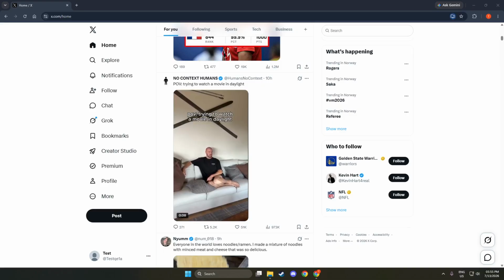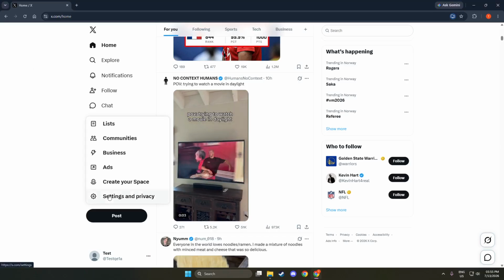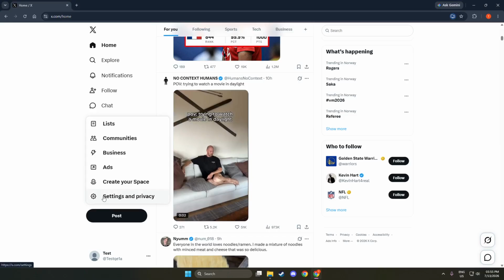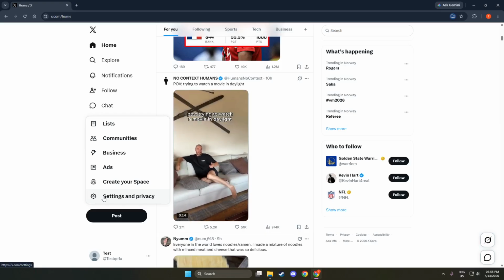You will notice several options listed there. Click on the option labeled More. This action will expand a menu for you, revealing additional options. It is important to know where this setting is located because it allows you to manage your privacy and safety preferences easily. You should see the More option highlighted now, indicating that you are on the right path.